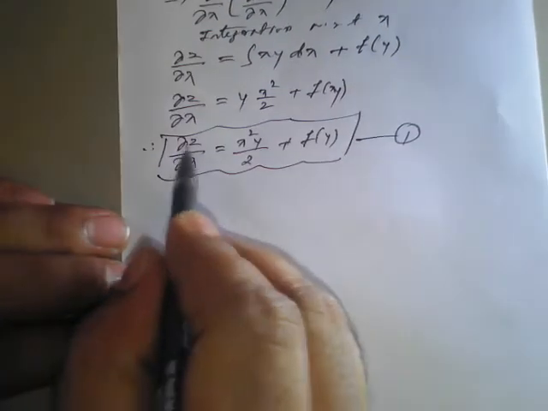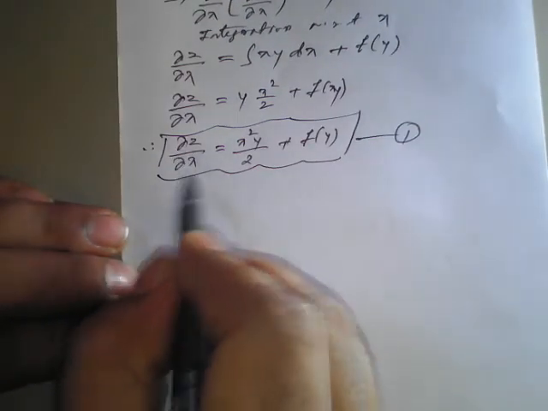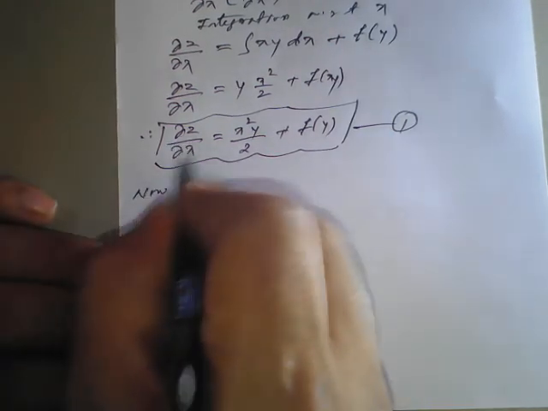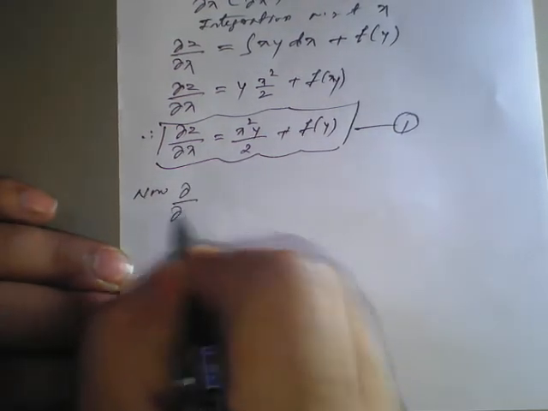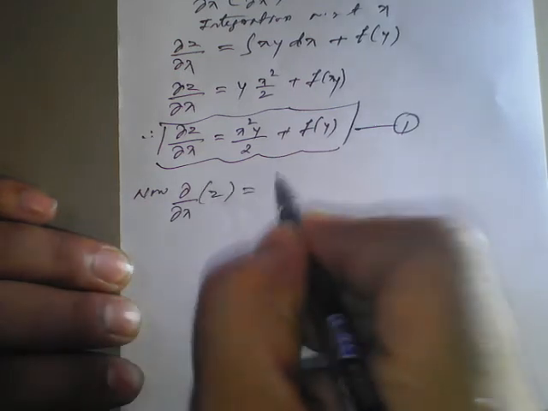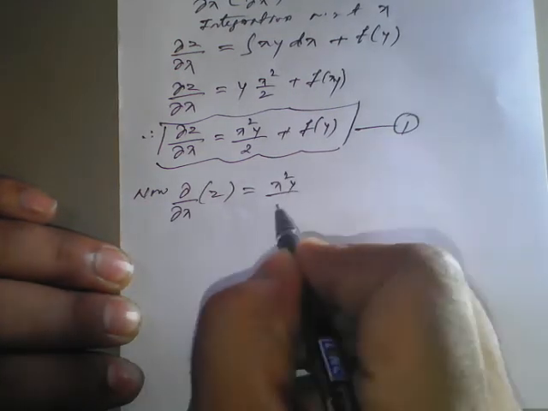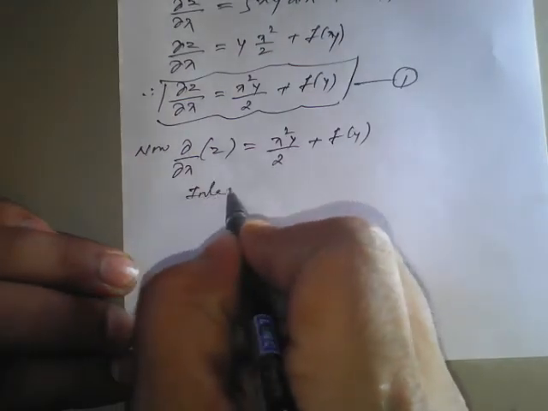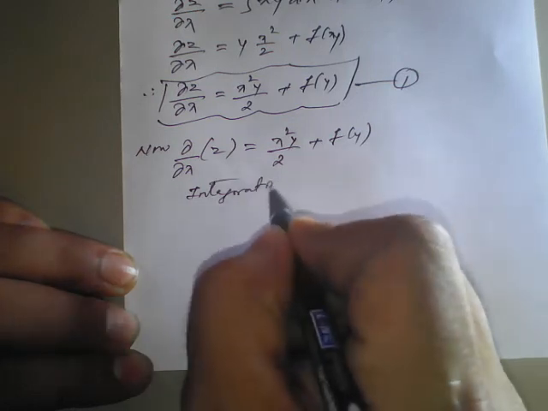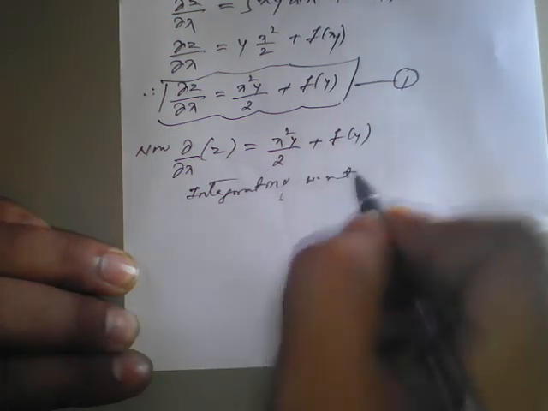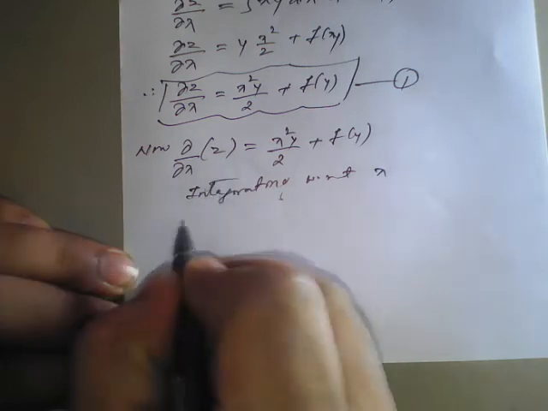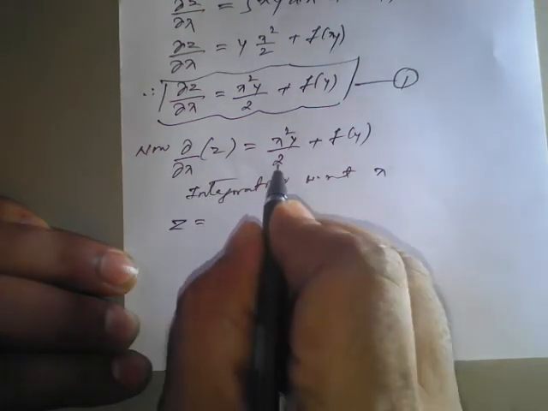Now we'll rearrange. Again I want to eliminate this ∂/∂x. So before integrating this I will rearrange as ∂/∂x of z is equal to x²y/2 plus f(y). So on integrating with respect to x, since ∂/∂x will vanish, we are left with z is equal to,